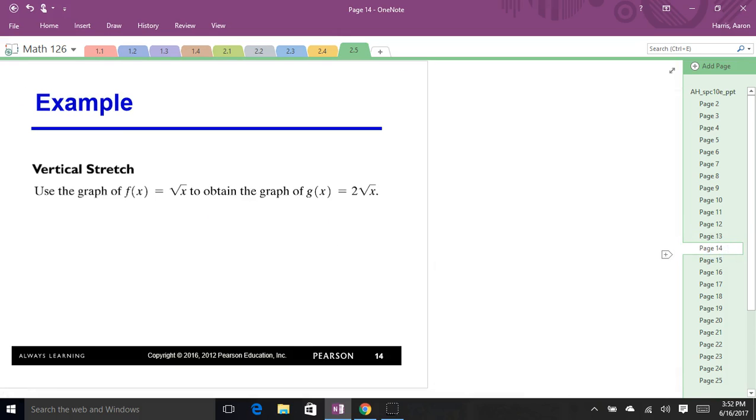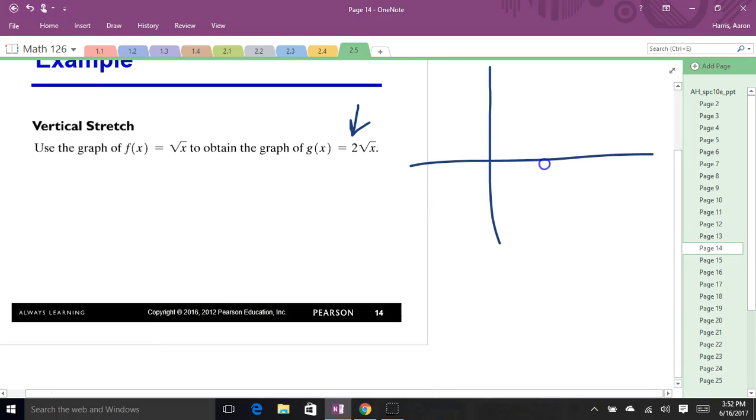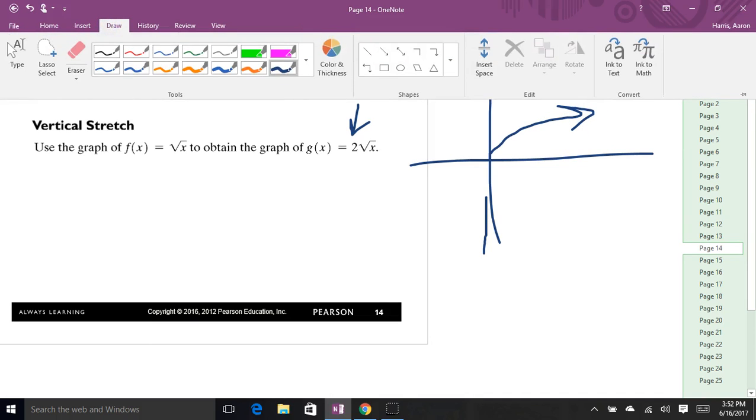Now, what if we put a constant in front of the original function? If you got this number there, you put it right in front of it, so k root x, in this case it's a 2 root x. If that number is greater than 1, let's see if you can see it here. Here's the original square root function. Now if I was to graph